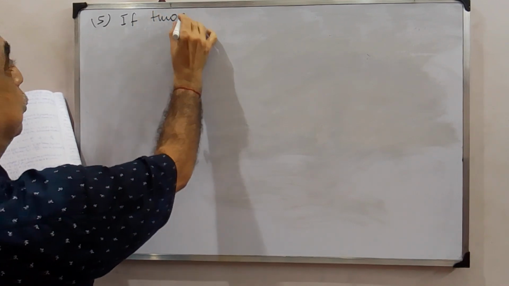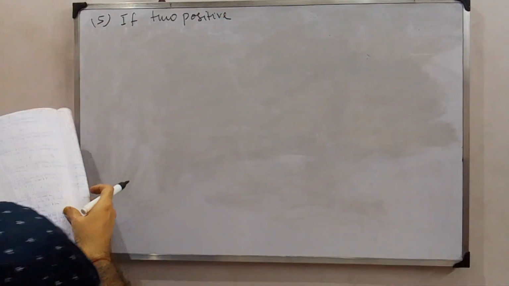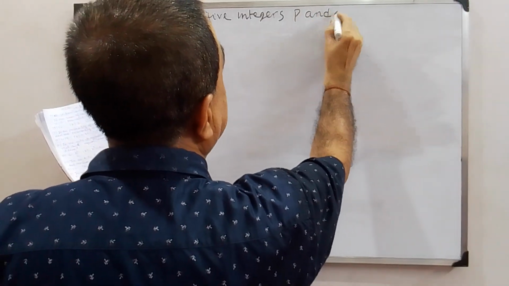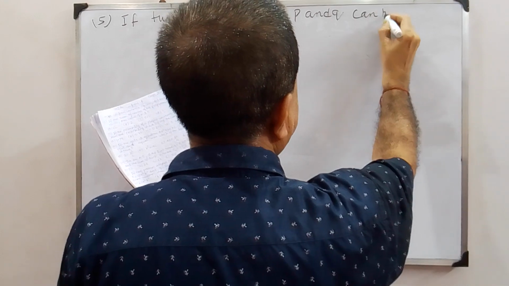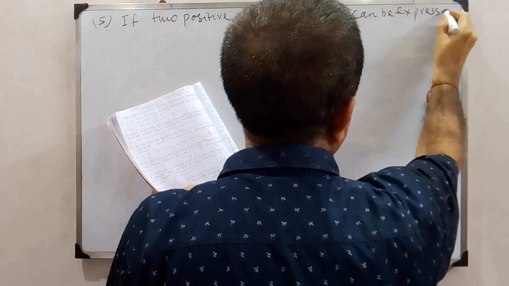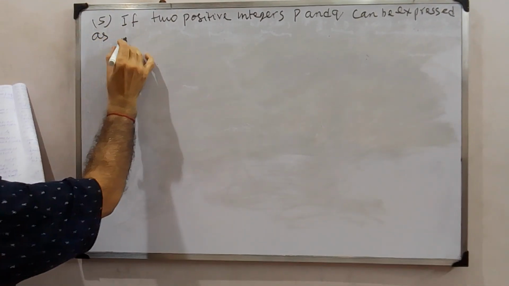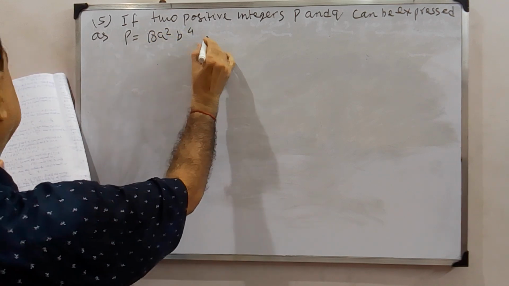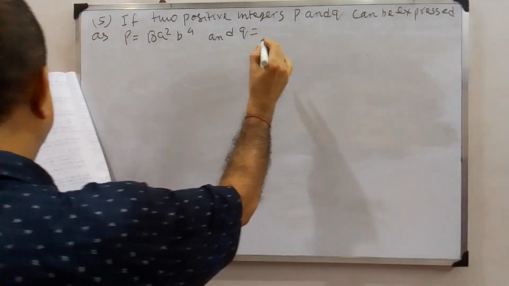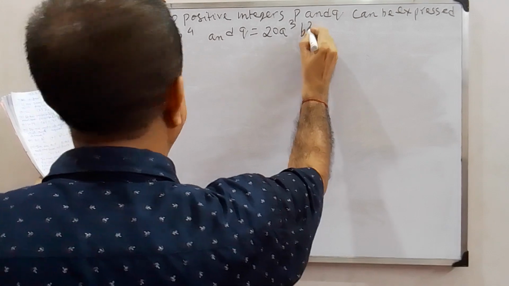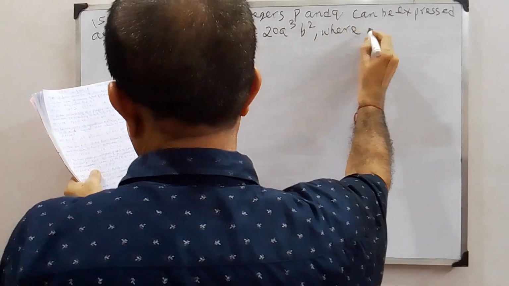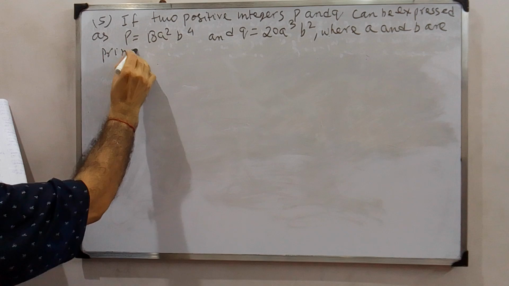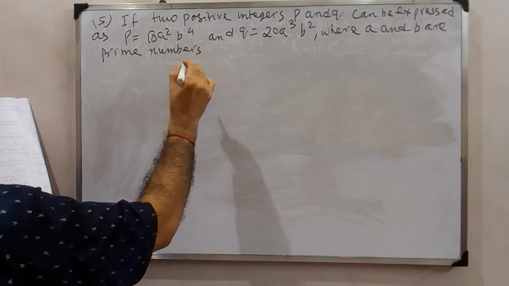If two positive integers P and Q can be expressed as P is equal to 18 a squared b to the power 4, and Q is equal to 20 a cube b squared, where a and b are prime numbers, then